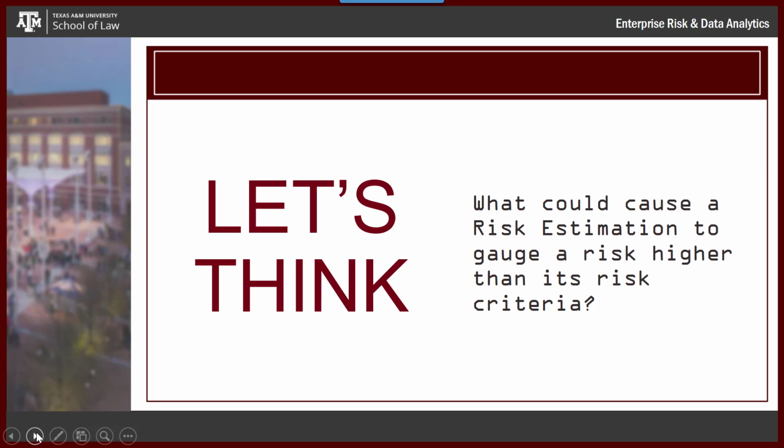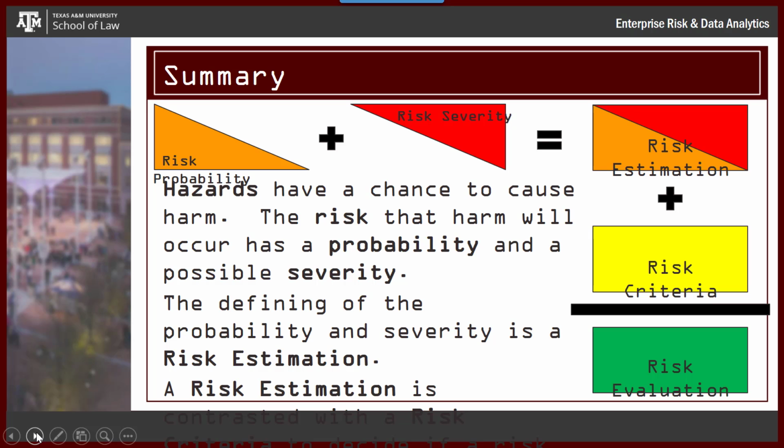We estimate risk badly because we're not looking at it in a clear, analytical manner. A group of engineers and software programmers made some very bad decisions, and it affected the enterprise. So hazards have a chance to cause harm, and that's the impact. And this has a probability and a severity, but we want to keep in mind that we are looking